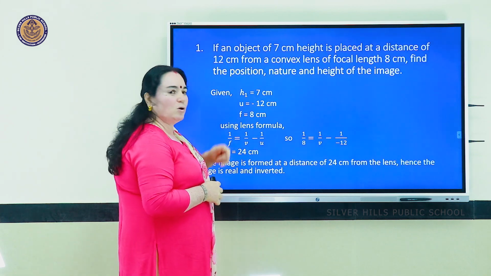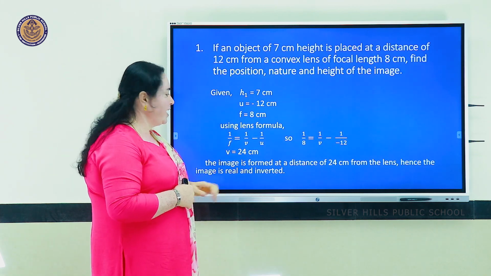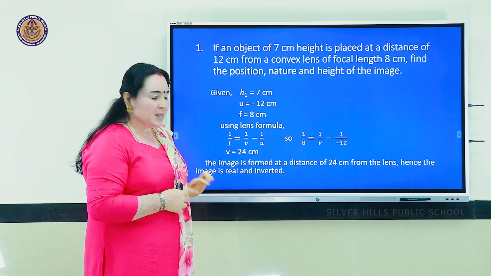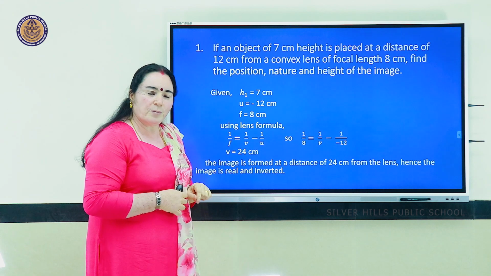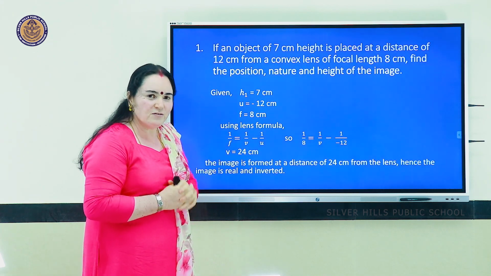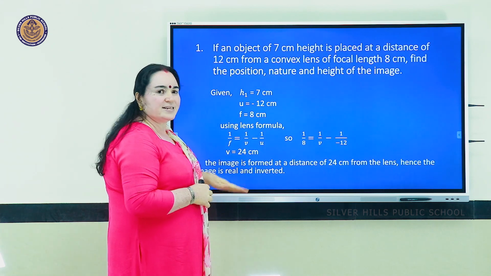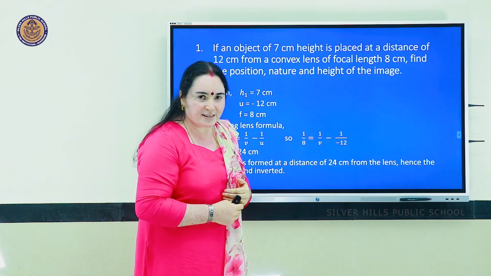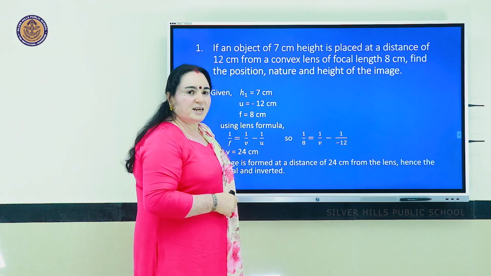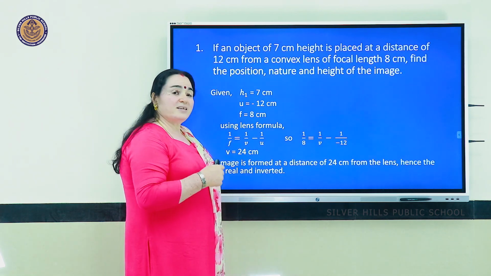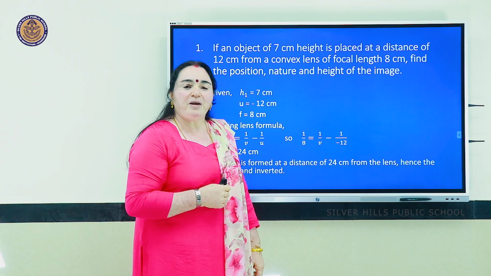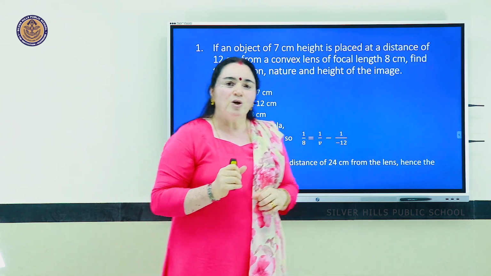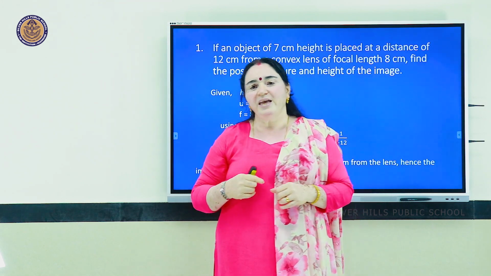Hence, the nature of the image formed over here can be understood from this value as well as the sign in front of it. Now, in this case, if the sign is not put, it is imagined to be a positive value, and that itself tells us that the image will be created on the other side of the lens, and that is an indicator that the image created is real and inverted. They are asking us to find out the height of the image.